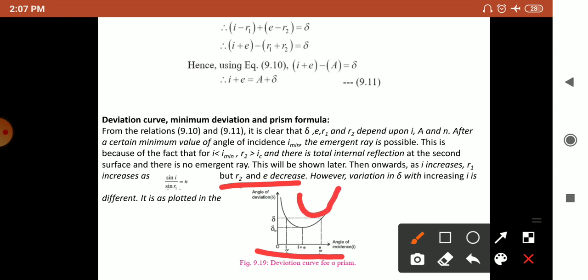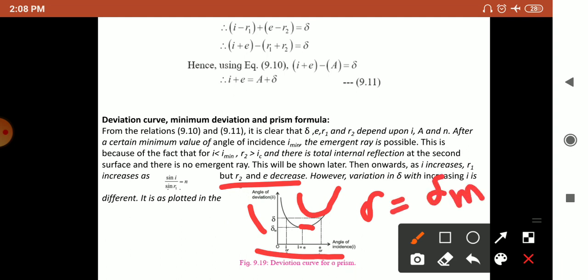Angle of deviation: with the increasing value of I, the angle of deviation delta decreases initially, decreases till delta m and then increases. It should also be noted that the curve is not a symmetric parabola, but the slope in the part towards the right is less. So it is clear that except at delta equal to delta m,